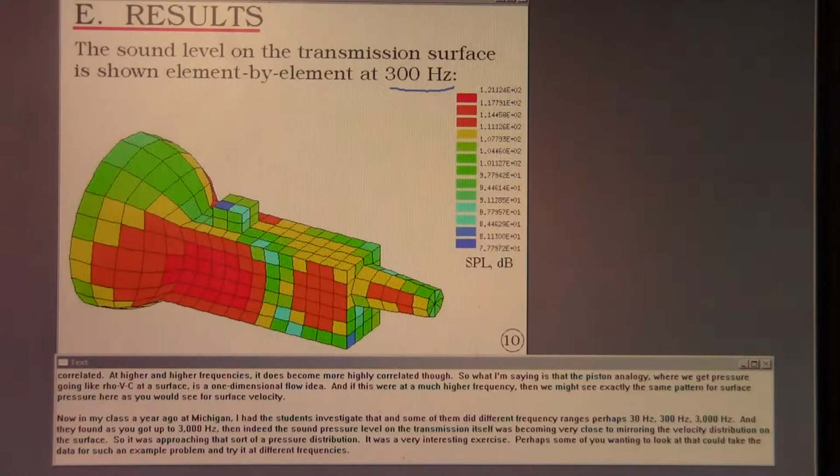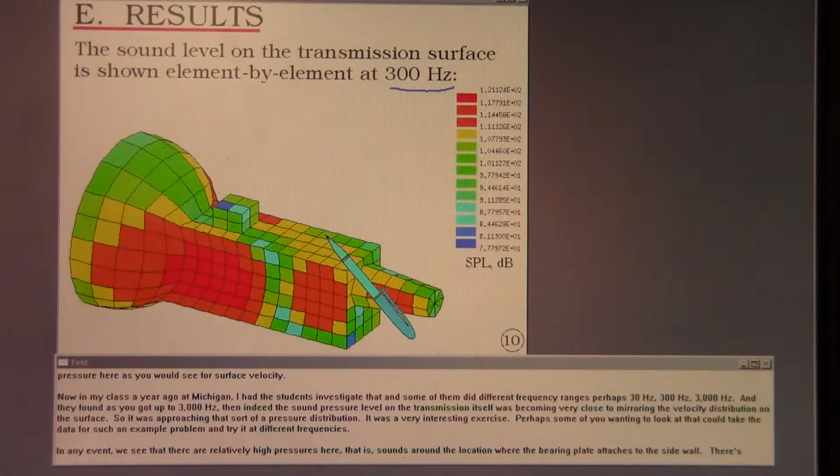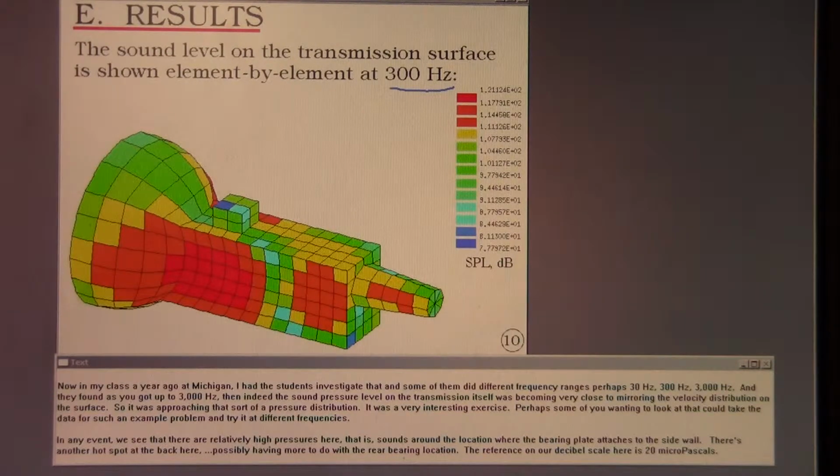Now, in my class a year ago at Michigan, I had the students investigate that, and some of them did different frequency ranges, perhaps 30 hertz, 300 hertz, 3,000 hertz. And they found as you got up to 3,000 hertz, then indeed the sound pressure level on the transmission itself was becoming very close to mirroring the velocity distribution on the surface. So it was approaching that sort of a pressure distribution. It was a very interesting exercise. Perhaps some of you wanting to look at that could take the data for such an example problem and try